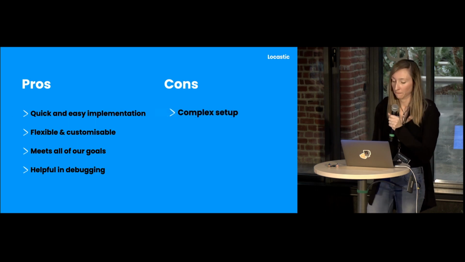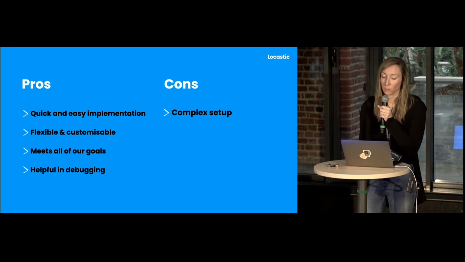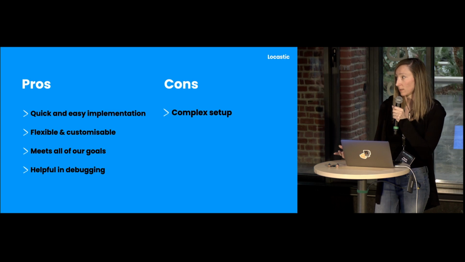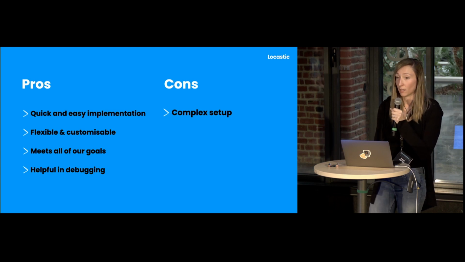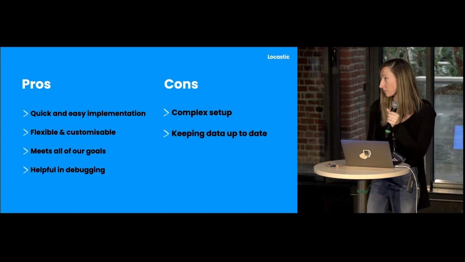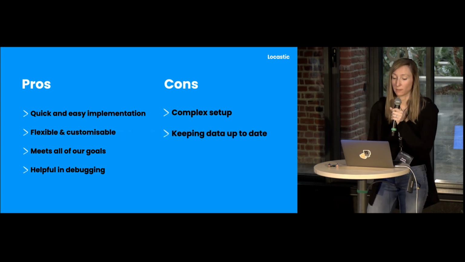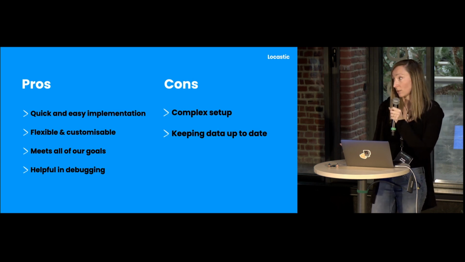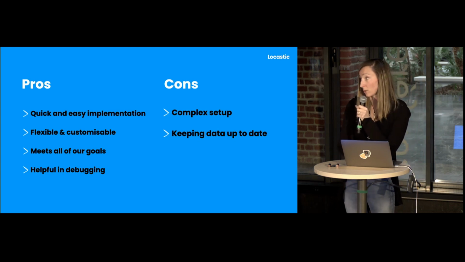So now that we have a list of all activities that happened, they can easily see when something happened. On the other side, it's a bit of a complex setup because you need to know at least the basics for Elasticsearch and also for the messenger. So that can be a con. And keeping data up to date. So we always need to make sure to keep our current data tracker up to date, or our logs won't be really correct.